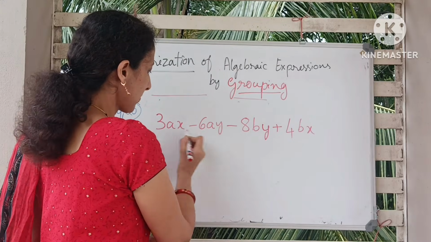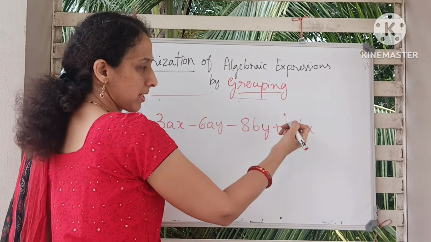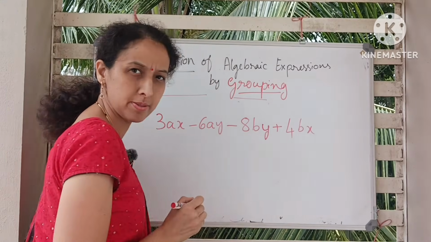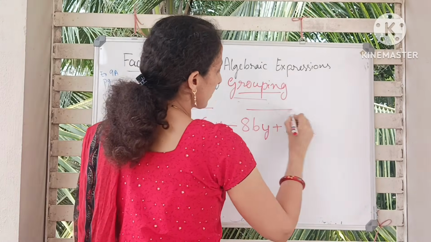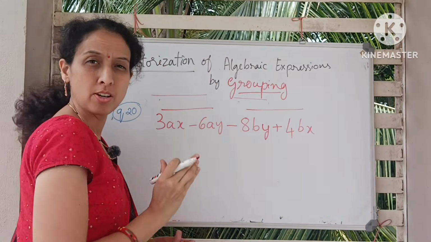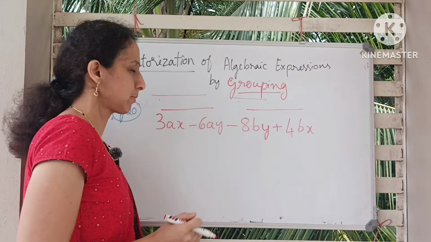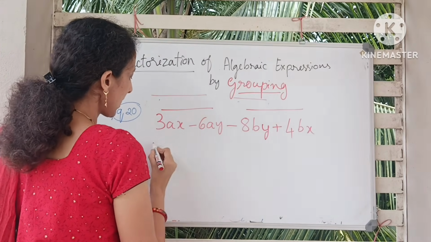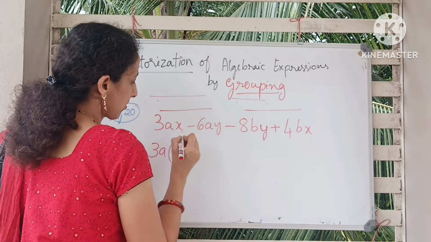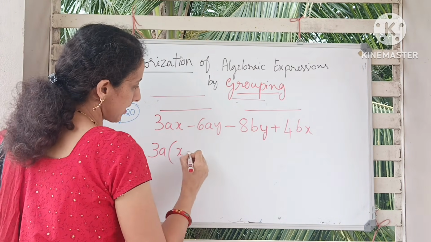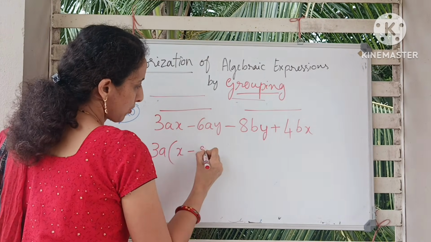Here I have another problem, 3ax minus 6a minus 8by plus 4bx. How can we group? Let us group these 2 and these 2 and see what is the LCM of these 2 terms. So 3 is common, a is common. When we take it out, what remains inside is x minus 2y,